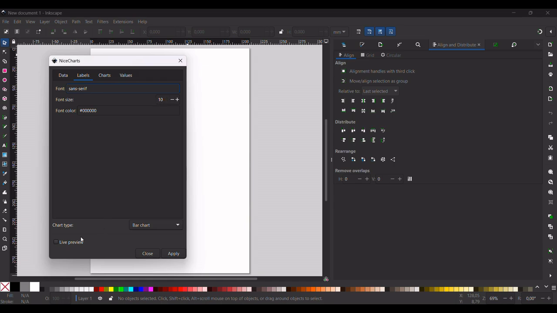And the chart type, as you can see, we have bar chart,